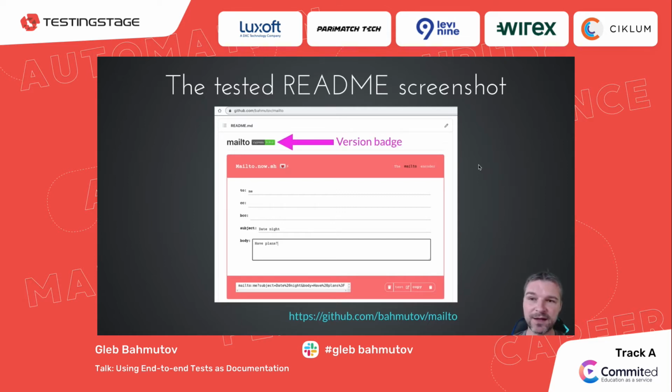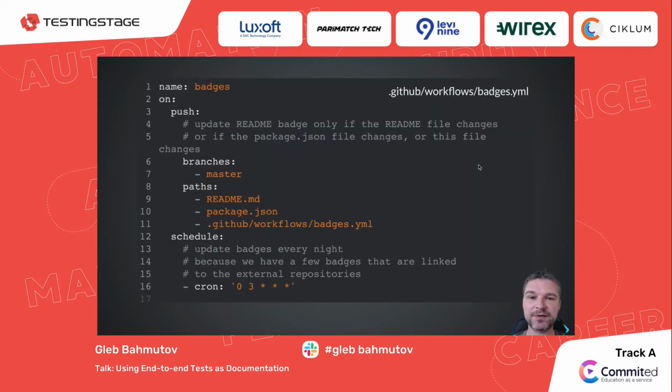But one thing I like doing in my README files is actually embed version badges. In this case, it's important for me to communicate which version of Cypress I have used for this particular project. You can include multiple badges. Maybe you want to show the main application version or framework version or library version. You can do that. Usually I have a separate workflow for just updating the badges.